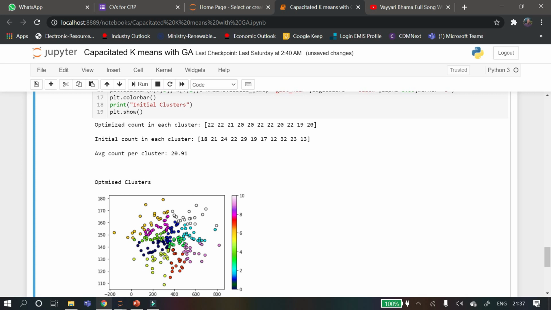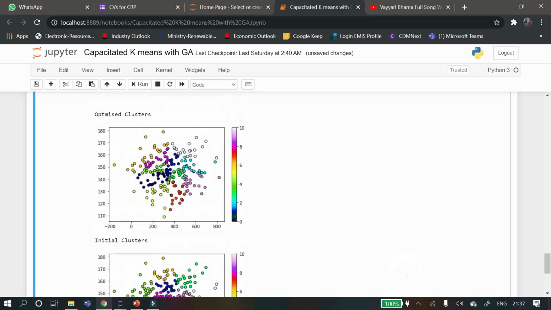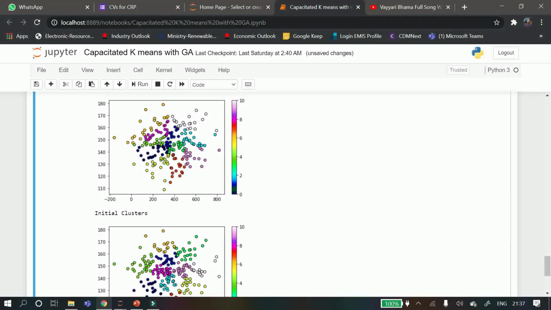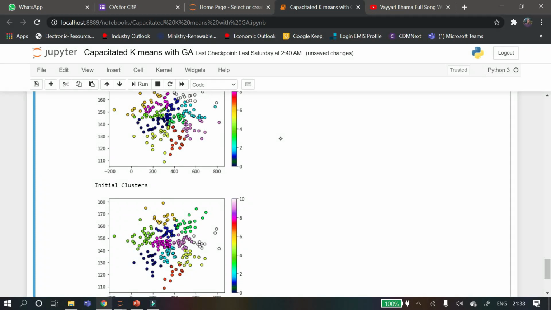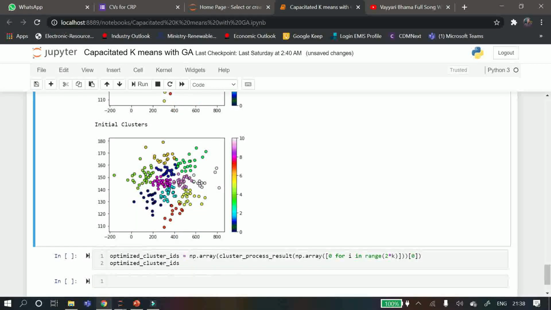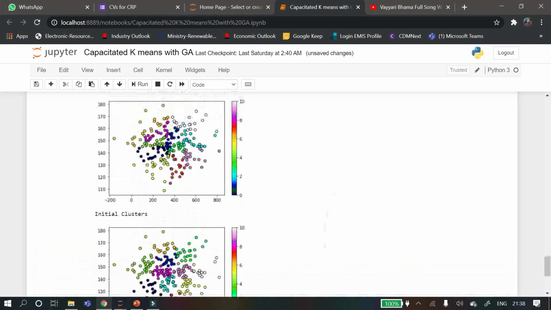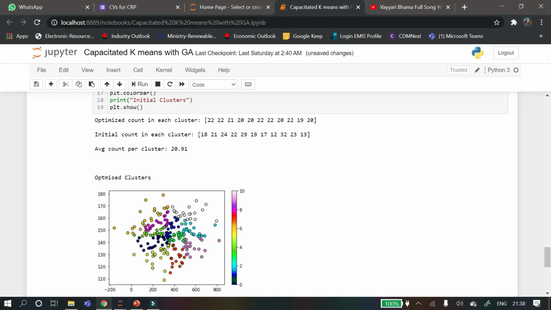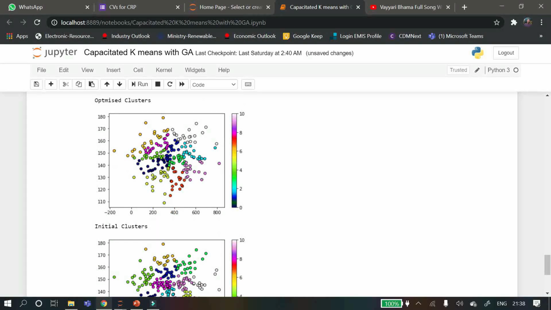Here you can see the maps of optimized clusters and initial clusters. Initially the orange cluster is on the top, but now it has come slightly to the left side, and the white cluster, initially in the right middle, has now come to the right top. Likewise the centroids got rearranged such that our solution is optimal. It's near optimal. There is no guarantee that this will always give the optimal solution, but these metaheuristics take us as close to the optimal solution as possible.